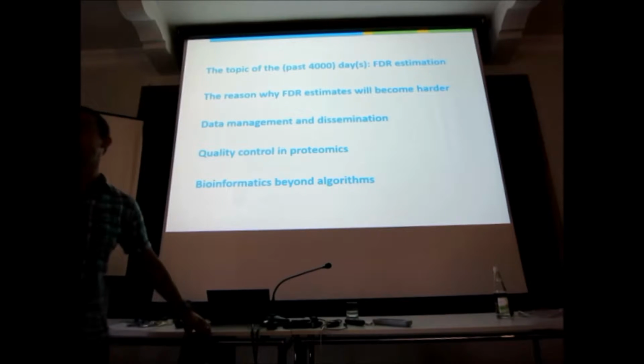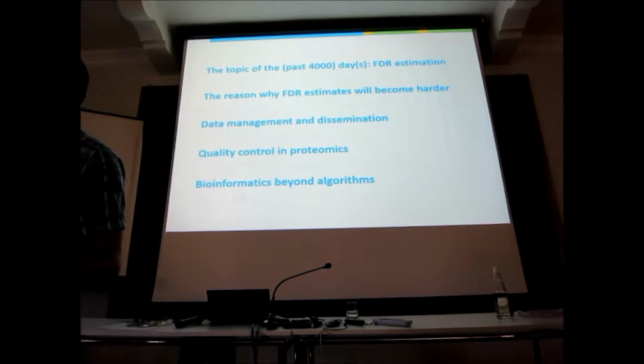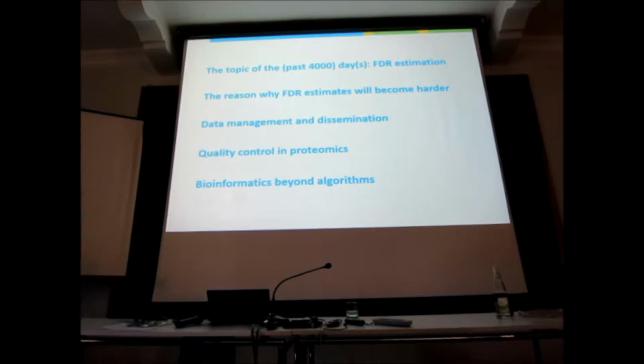First thing is FDR estimation. You all should be familiar with the fact that when you identify spectra, you match them to peptides. Sometimes you identify something wrong. And the problem is that we cannot get rid of them easily. So what we do is we accept a certain amount of crap in our results. And the amount of crap we accept is estimated by this false discovery rate, the amount of crap in your